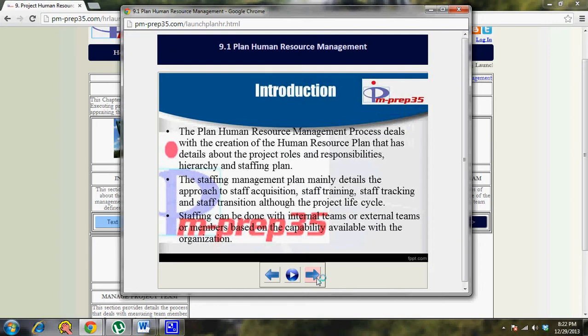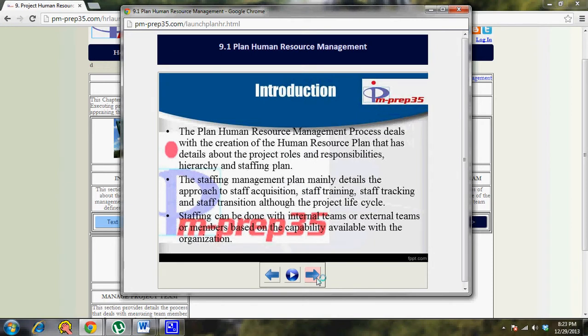So that indirectly tells the amount of iterations or amount of details that would be involved to build the human resource plan. The human resource plan covers a lot of information about the required human resources in terms of looking at what their roles and responsibilities will be, how they will fit into the organization structure, as well as what their cost would be, covering not only the resource rates but also the rewards and recognition, what sort of amount will be spent on rewards and recognition.